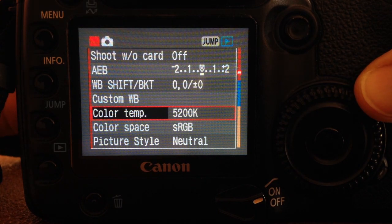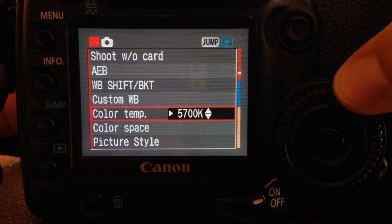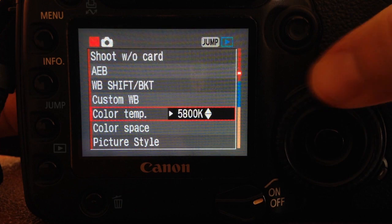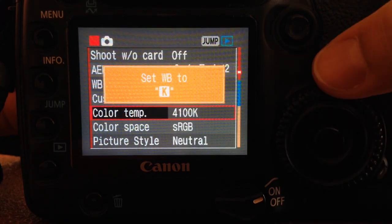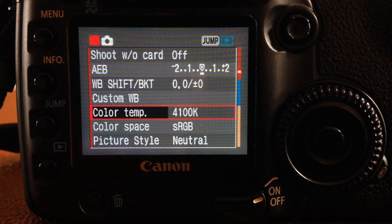Right, this is one that might be worth setting at 5200K, and the reason I do that is because sometimes I do want to force the white balance. If you've got, say, a church and you've set it exactly to 4100K and you know that church is 4100K, then that might be useful. I've done this before, just so that you get a good colour readout on the screen more than anything. As I say, white balance is sorted out later on, but just so that your JPEG looks good,